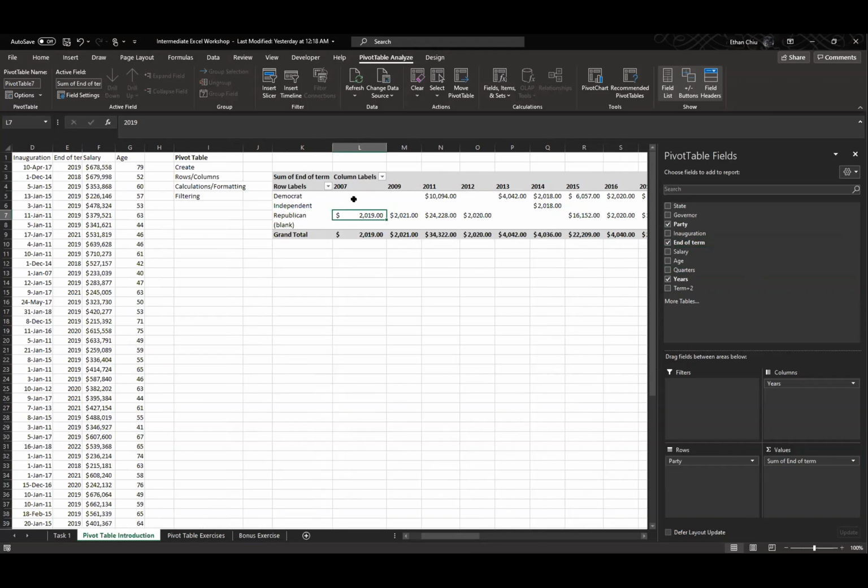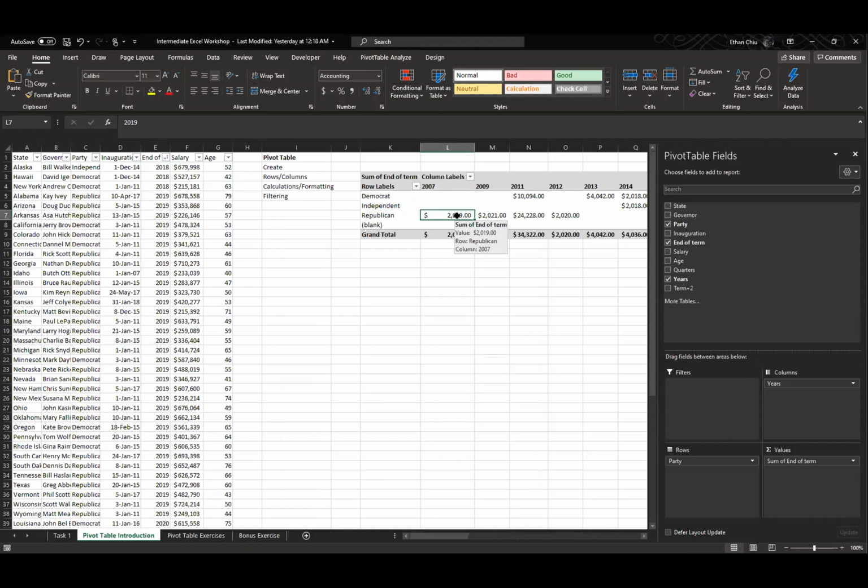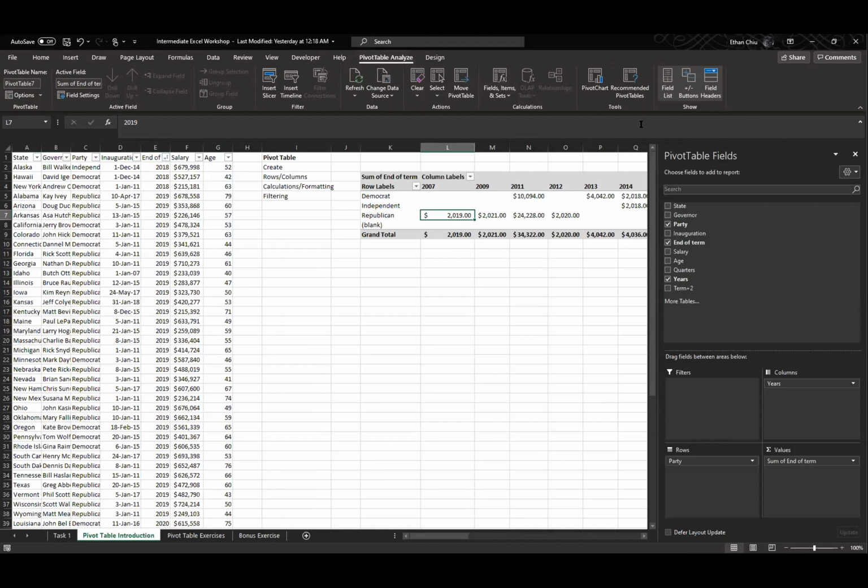So if we do sum plus 2, so if we go to 2007, we should see, let me add this real quick. If we just sort this real quick, why does end of term have 2019? Interesting. So I can't figure out a proper example for this right now, but calculated field,